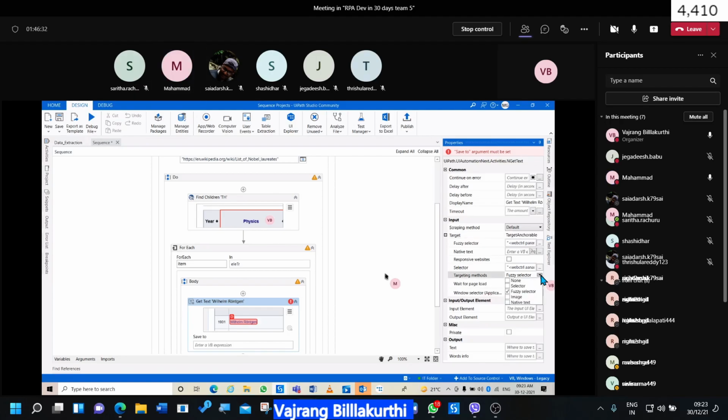Let's see. I think this is a new value scraping method, default, full text and all. There should be an item text, so you can directly give the UI element over here. This is a UI element, right?